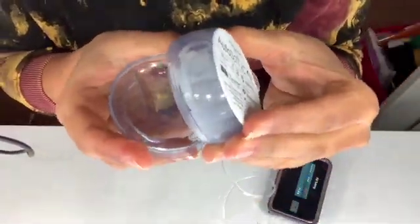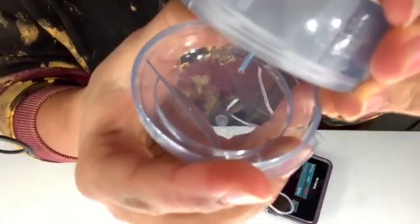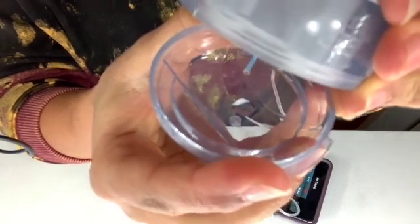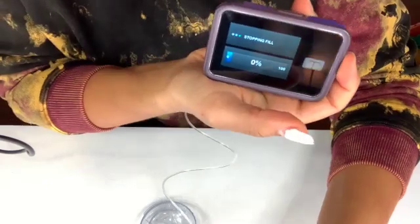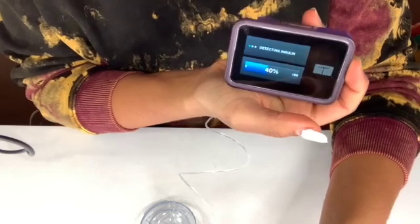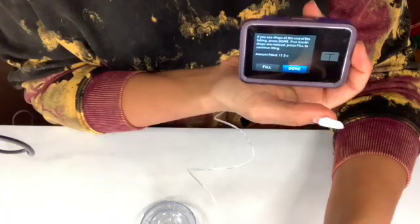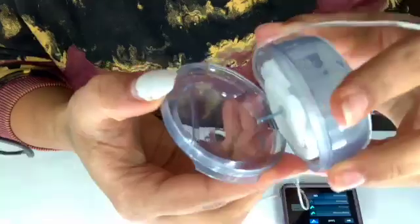That's very important. And now what you really need to do is just make sure that there's enough insulin in the tubing, you have to wait for it to drop out of the end, about 3 to 5 drops. And then once that's done, you just press stop and then let it buffer up. Once it's buffered, you press done, and now the last and final step is to fill the cannula on your